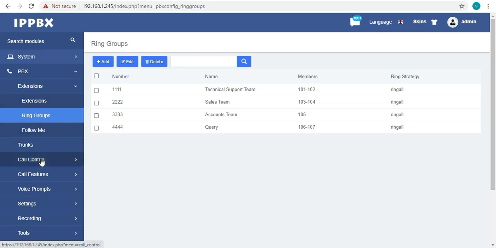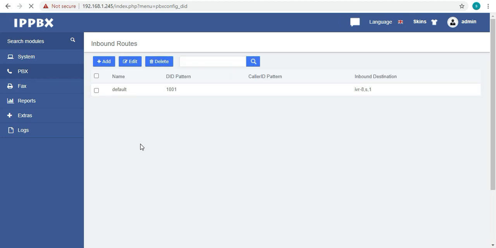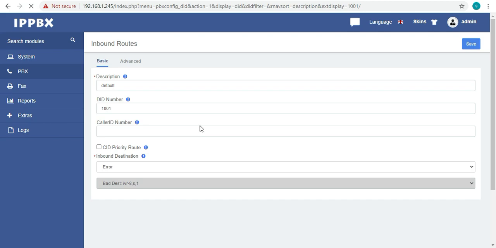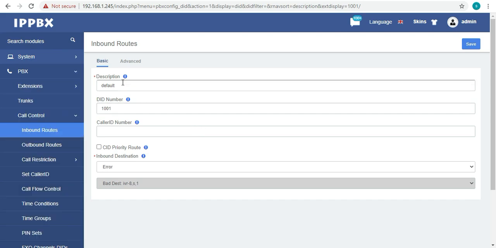So now we need to set the destination in inbound call routes. Click on inbound routes. As you can see, I have already created an inbound route. I just need to set the destination for the incoming calls.